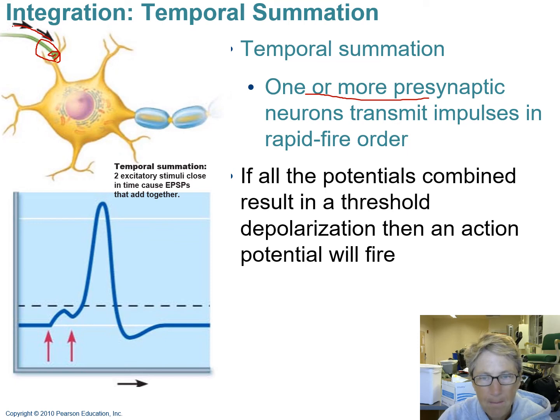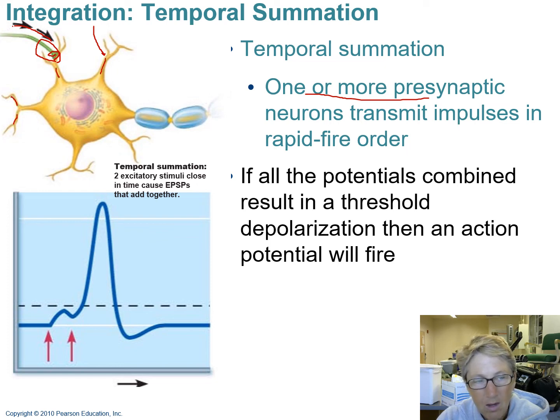have another presynaptic neuron firing action potentials. So the point is that you can sum up these signals over time. So if all the potentials combined, so all these graded potentials combined, result in a threshold depolarization, then the action potential will fire. So no matter how many signals these dendrites of our postsynaptic neuron are getting, so let's say